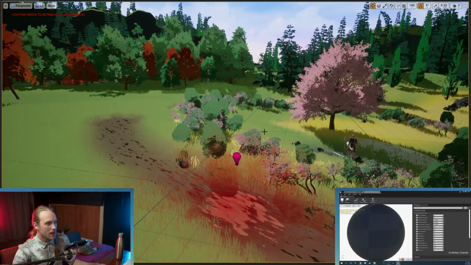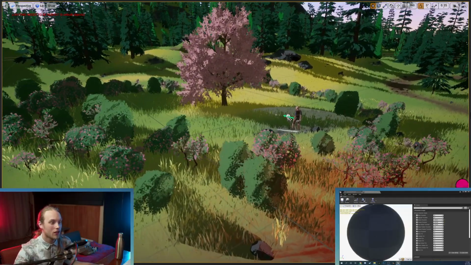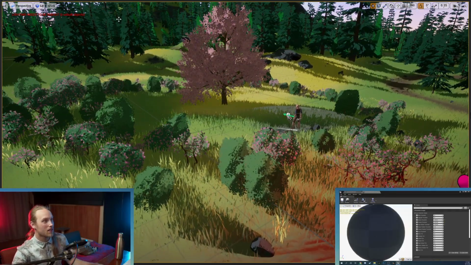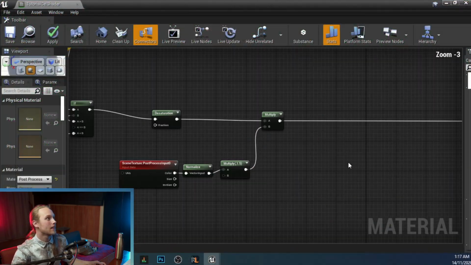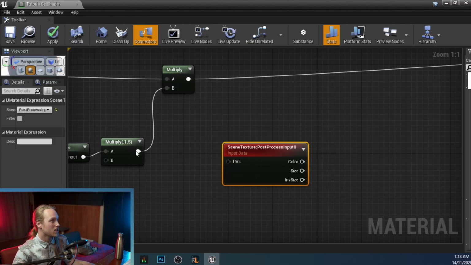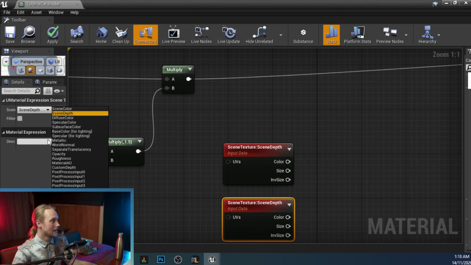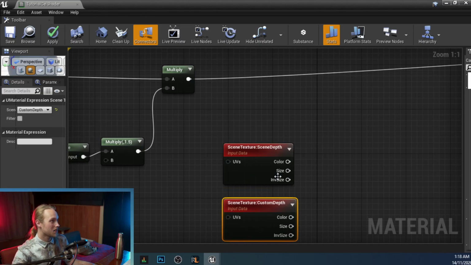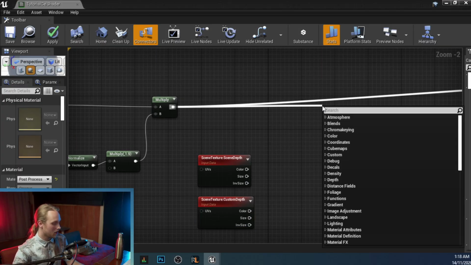So all in all, that's basically it. Now there are a few little add-ons, few little bonus tips. Back in our material, if we want something to not be Cel-Shaded, we're gonna grab our scene texture, we're gonna get our scene depth, we're gonna copy that, paste it, and then we're gonna grab our custom depth. And what we're gonna do is grab another if node,